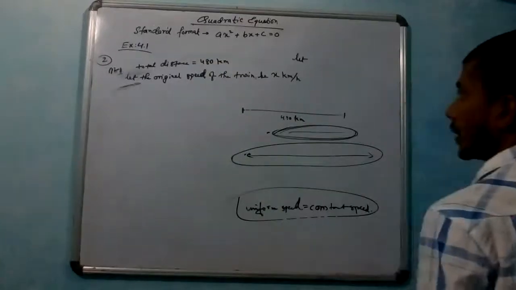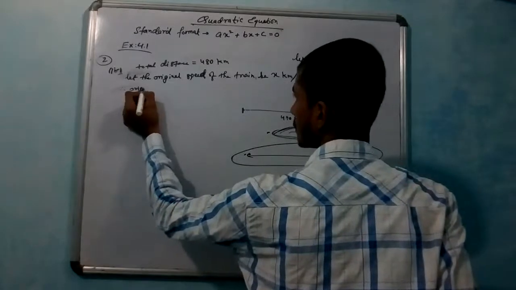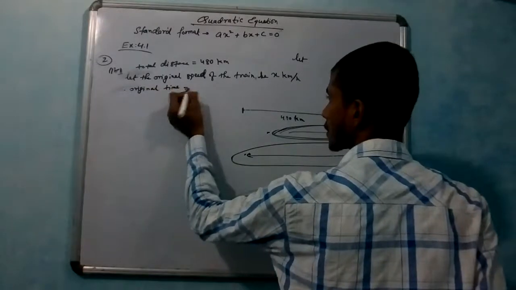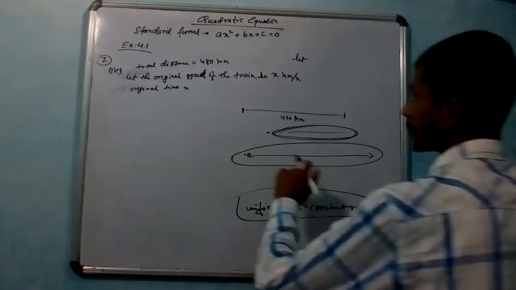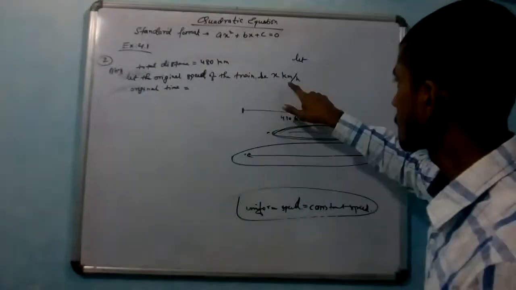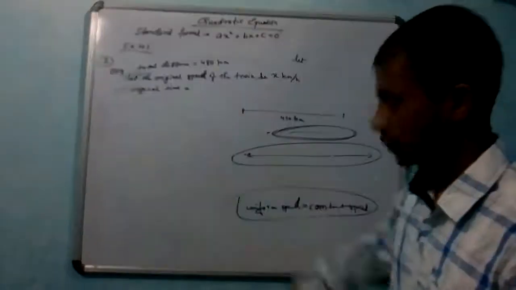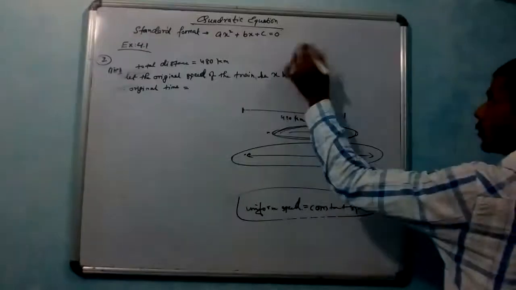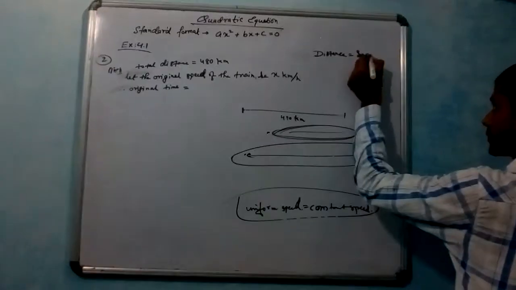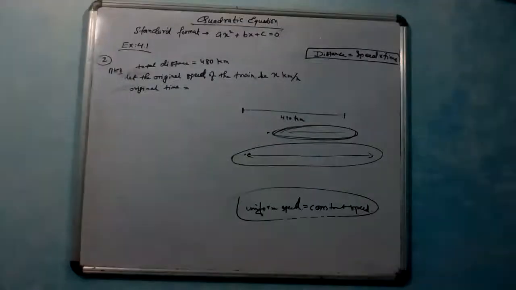Time means how much time it took originally to complete its journey. From the distance and the assumed speed, how much time will it come to? We have a basic formula: distance is equal to speed into time. We have two things; whenever we have any two things, we can find the third using this relation. The distance is given, the speed we have assumed. Can we